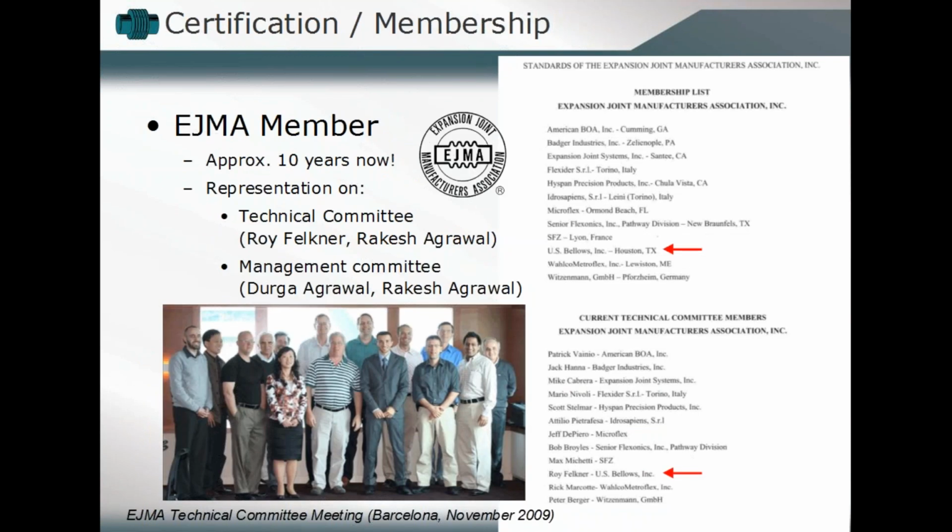One of the things that we're especially proud of, in essence, is our inclusion in EJMA, or the Expansion Joint Manufacturers Association. We have folks on both the technical committees, and they are part of the research, the development, the design aspects, helping to establish those standards so that the expansion joint industry as a whole can be unified, can have some standardization, can perform and function no matter the specific manufacturer. Obviously we'd like to be that, but in general you also want to have an impact on the overall industry,